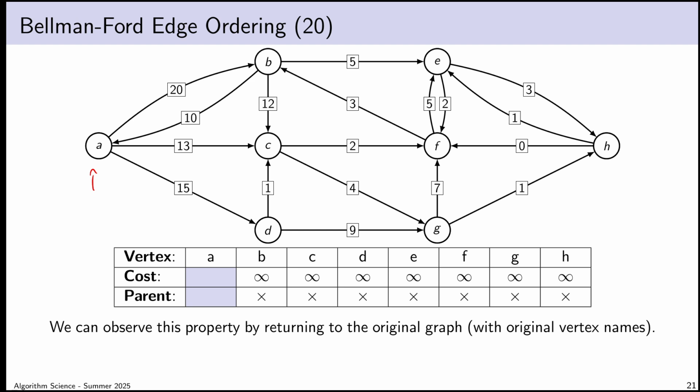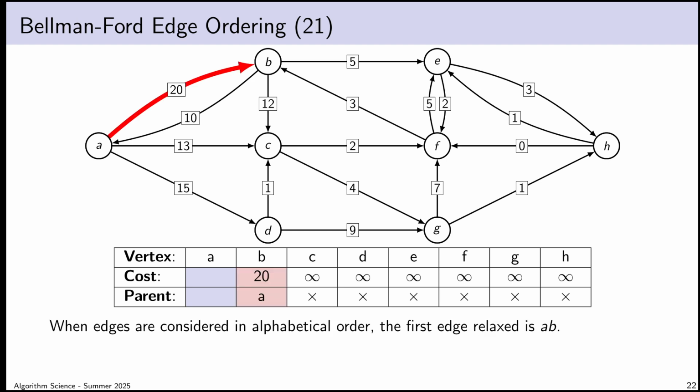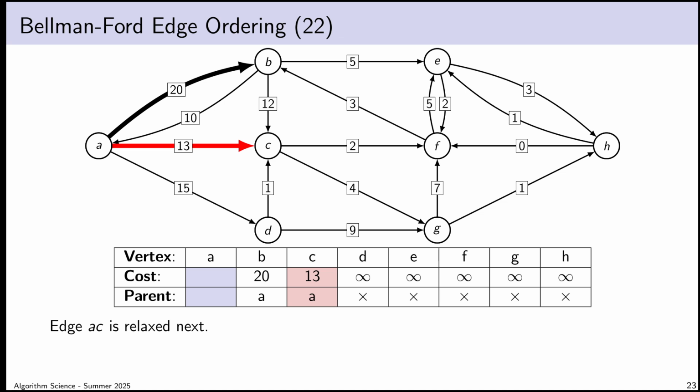Okay, so here's the original graph with original vertex names. The first edge that I consider in alphabetical order is this one, edge AB. Okay, great, so B gets added to my tree. Then I consider edge AC. Now, I want to focus in this case again on the path from what's now called vertex A up to what's now called vertex B. These were previously called H and G, but they're the same vertices. So because I only want to focus on that path, I'm going to fast forward a bit. So I just considered the edge AC, and then I'm going to fast forward to right before I consider the next edge along that path.